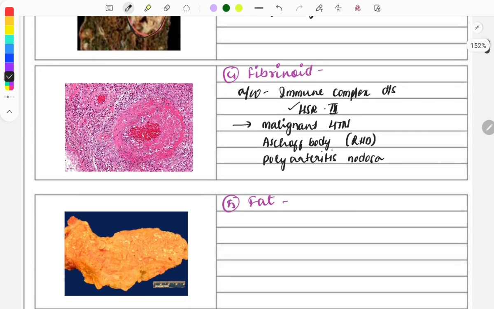As you can see here in this image of the arterial wall, this bright white material you can see, this is the neutrophils giving this appearance. So you need to remember this image because an image based question can be asked.